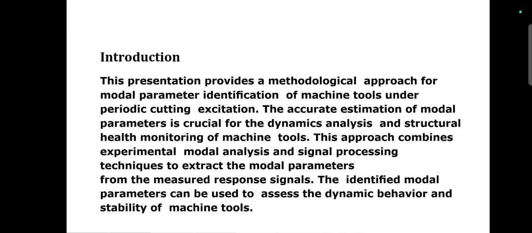Today we are discussing the identification method of model parameters of machine tools under periodic cutting excitations. So, coming to the introduction. This presentation provides a methodological approach for model parameter identification of machine tools under periodic cutting